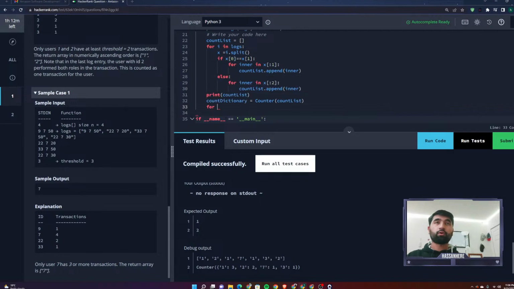For k, v in count dictionary.items(), once we have this, we can simply check if v, that is the count number of our k, is greater than the threshold, or v is equal to the threshold. Then we're going to get that into our